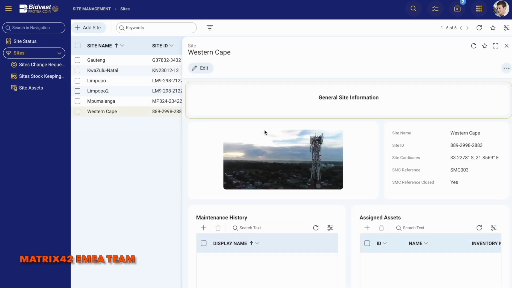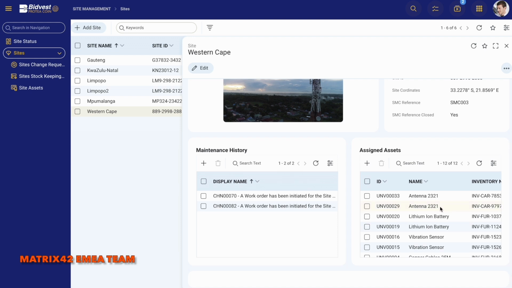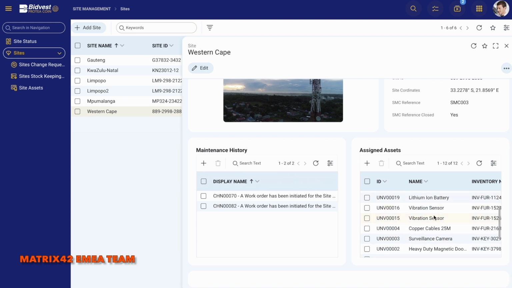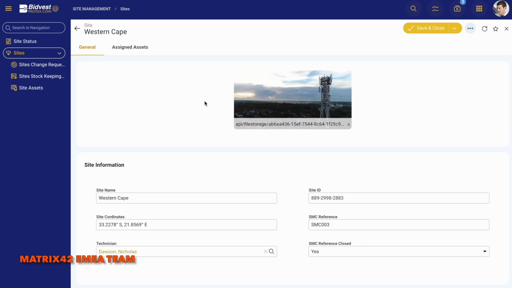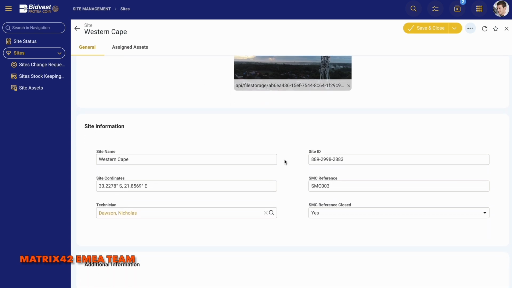So I presume in Westcape here we have assigned multiple assets. What are the antennas, ion batteries, sensors, cables, etc. All this information is out there. Now we can press on edit and we can see more relative information